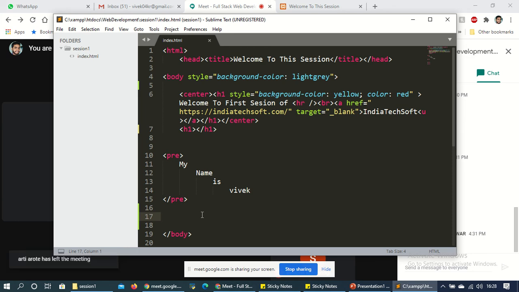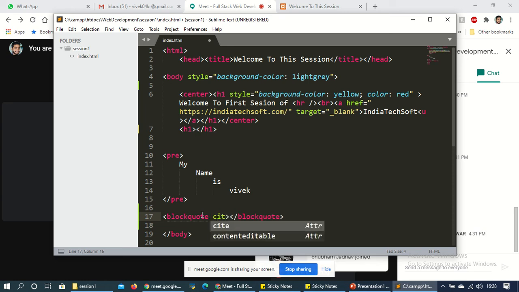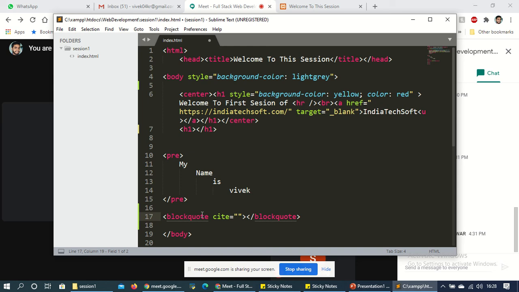So if you are copying something from somewhere, if you want to show that this paragraph is taken from some different websites or sources, then you can use blockquote. I am giving blockquote, just open and close. And within this blockquote, you can write the cite attribute. Okay, cite is equal to, suppose that I have given https